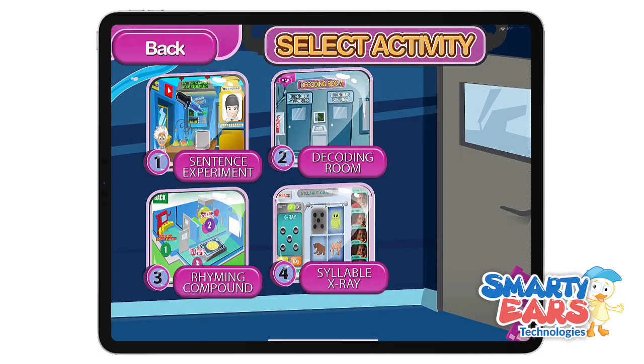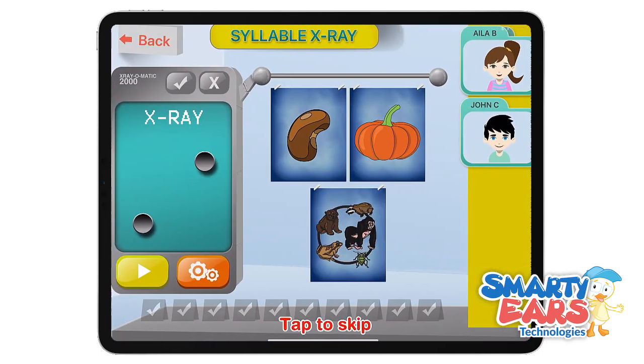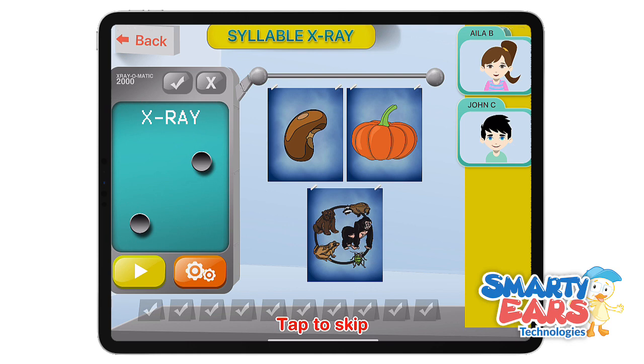Now let's go back here, and the final activity is Syllable X-Ray. Welcome to the Syllable X-Ray machine. Find the word that has 2 syllables. Bean, pumpkin, animals. On this level, kids have to identify the syllables for each of these words, remember their syllables,